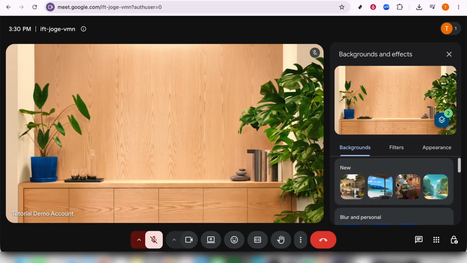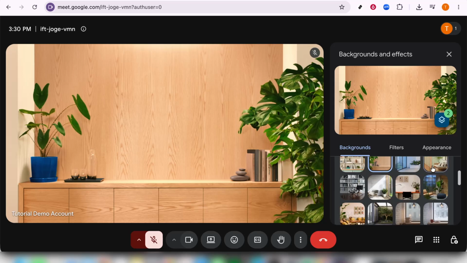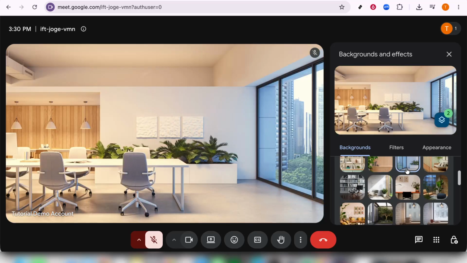Remember, maintaining a well-lit area while using these effects enhances their quality, so find a spot with good lighting for the best results. In conclusion, diving into the world